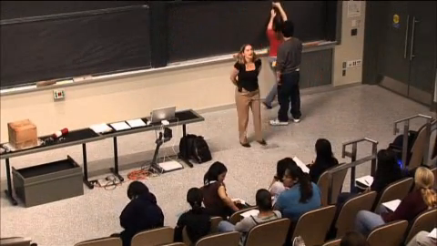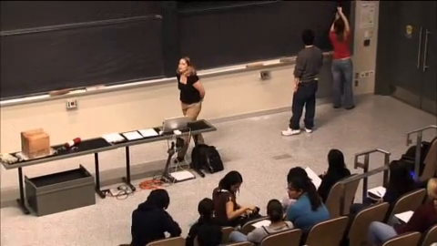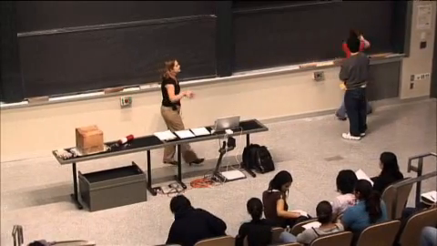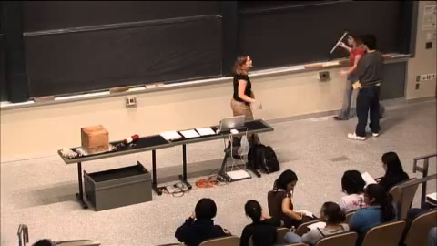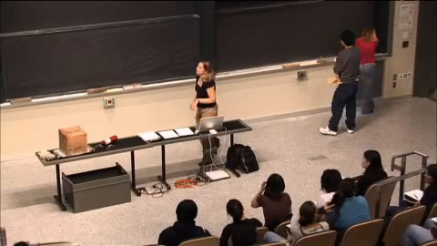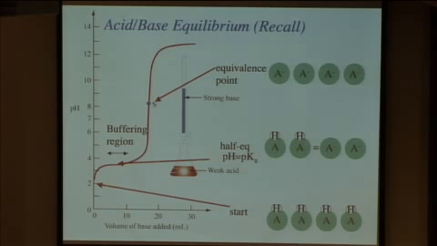So let's consider now for a minute why this is true. So if we can switch to my lecture notes, I have a couple of slides on this that are not in your handout but are related to things we've talked about. So just a brief reminder of where we were with acid-base titrations. Last time we talked about what's happening at different points of the pH curve and introduced this concept of half equivalence point, where the pH equals the pKa,